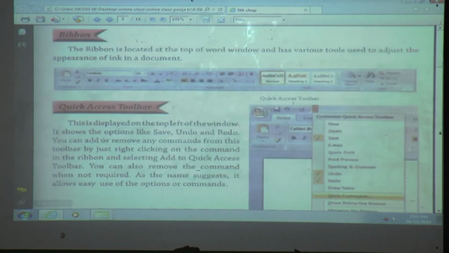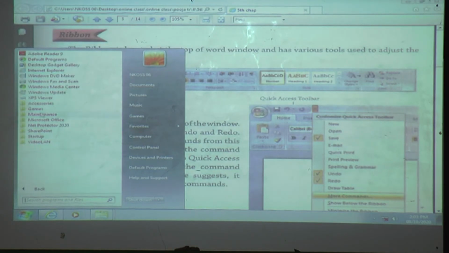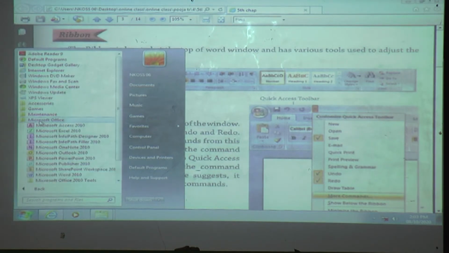Now we will see what is the use of quick access toolbar. Where is the quick access toolbar? Firstly, we will open Microsoft Word. How to open? Yes everyone, click on the start button, then all programs, then Microsoft Office and then Microsoft Word.